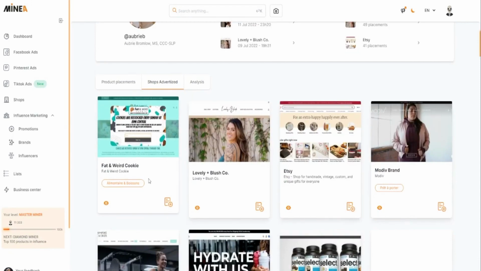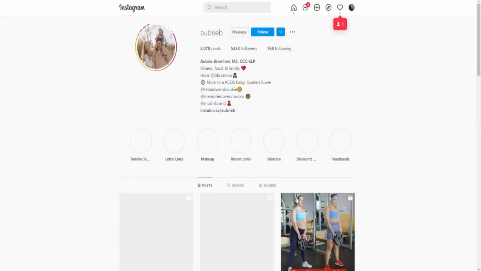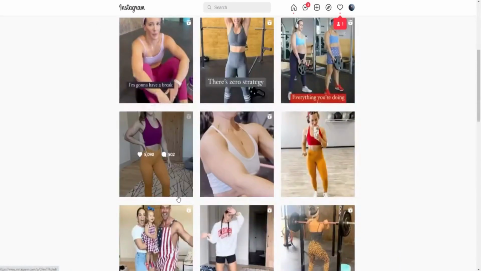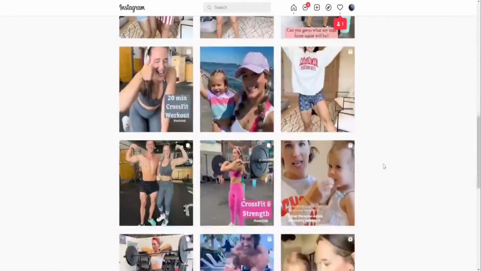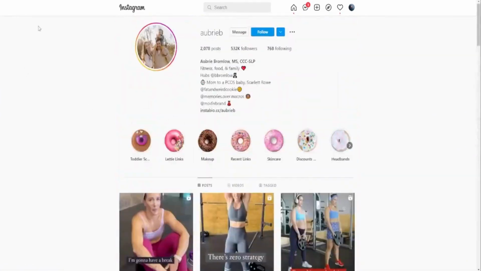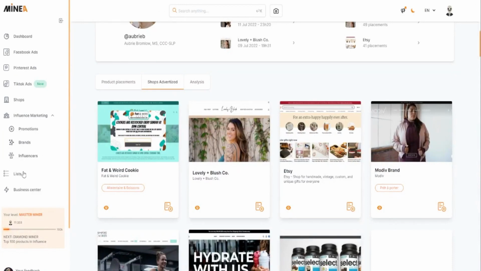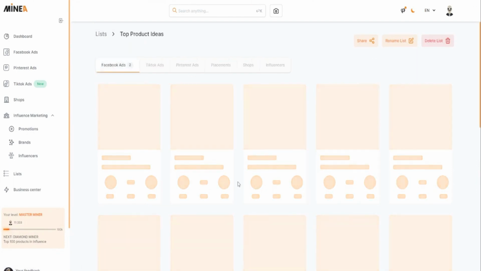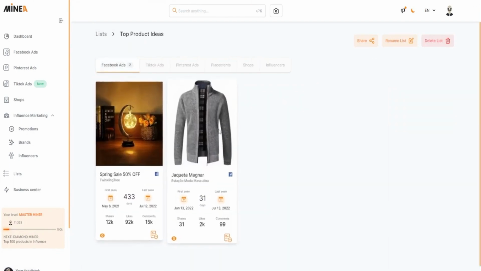Well, you can see the key opinion leaders or influencers that are doing well. You can see the ads that they're running on their store. So they have partnerships running with people, and you can also contact the influencer directly. So here you'll see their activity, and you can see who they're working with, if you're trying to start your business and start your product idea, if you need to find a key opinion leader to work with, you can message them, and it'll eventually bring you to their Instagram, where you can direct message them